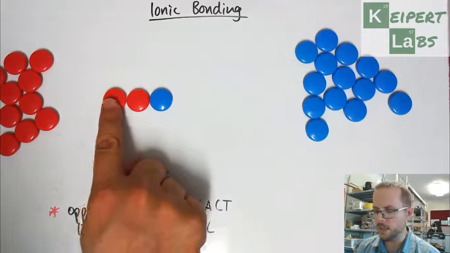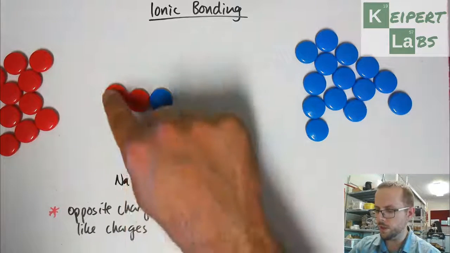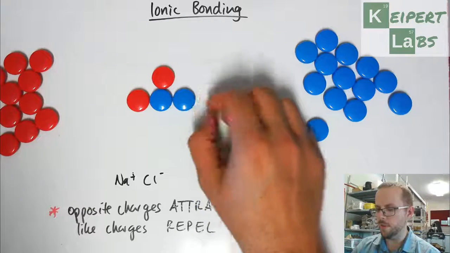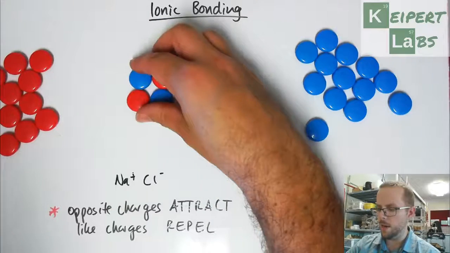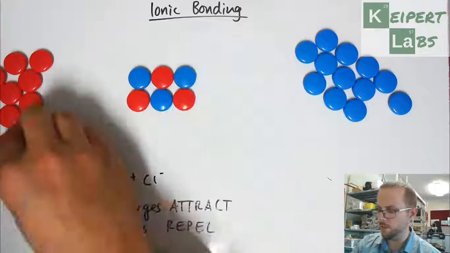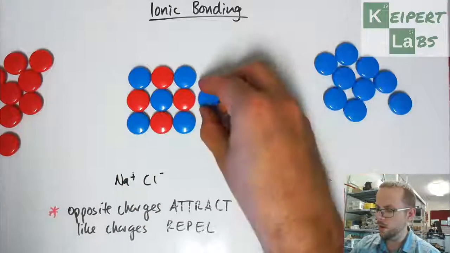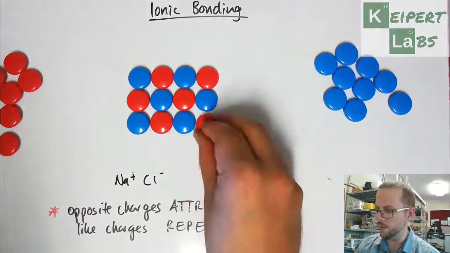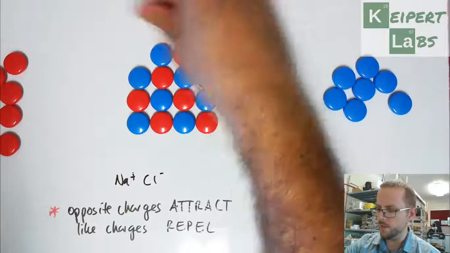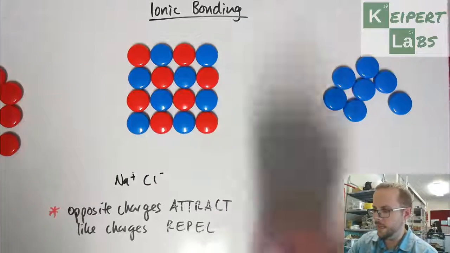Now if I connect it over here, these like charges, these red ones, will push away from each other, but this red one can be attracted to this blue one. Likewise, the blue ones over here will push away from each other, but this blue one could fit in here and be attracted to the red ones and not touching the blue. So what we end up with is this alternating checkerboard pattern of positive and negative ions. Let's see if I can make this nice, neat pattern over here. This is called a lattice